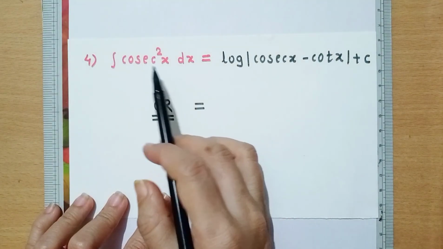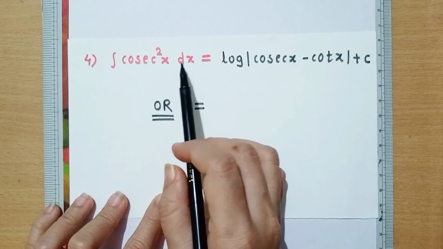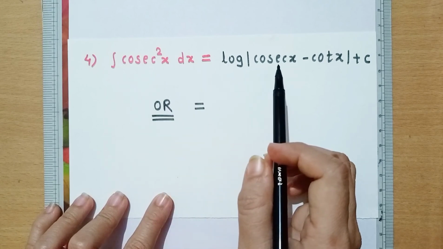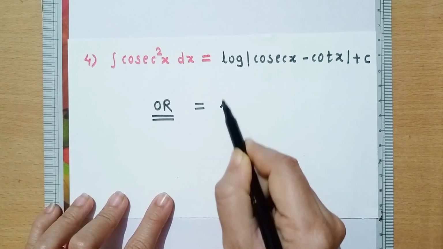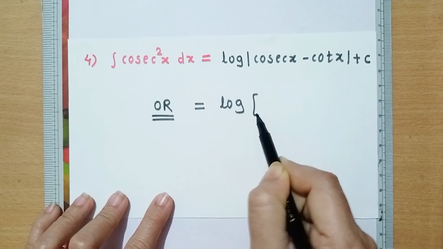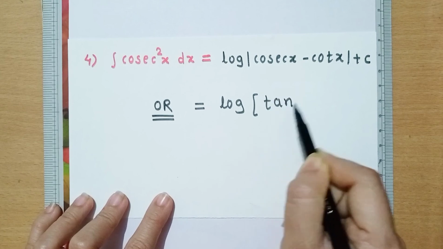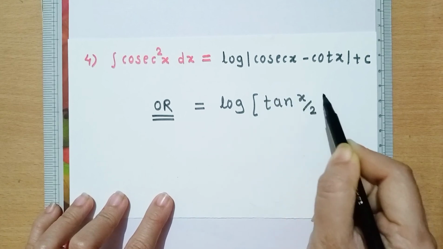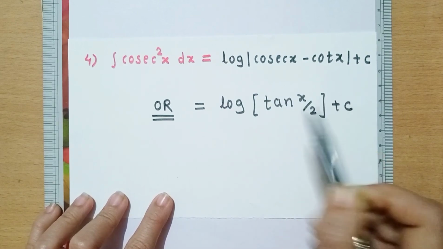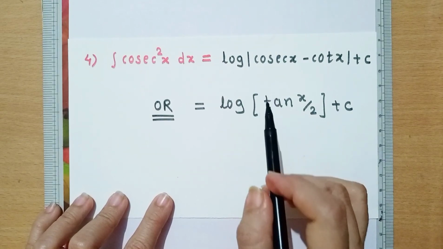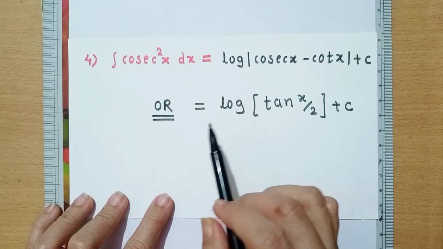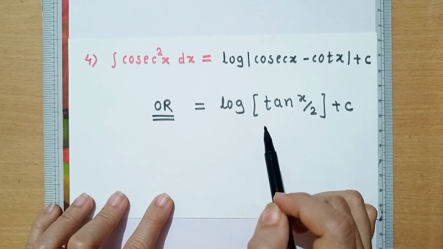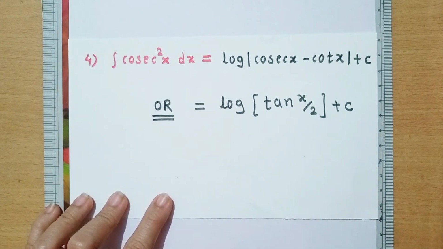This is our fourth formula, integration of cosec x dx, which is log of mod of cosec x minus cot x, and again this can be written as log of tan of x by 2 plus c. And now you have to try and solve and practice for this solution, and we will use all these formulae and solve examples in the next lecture.